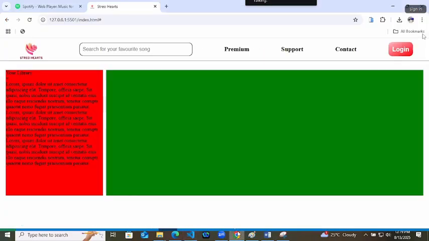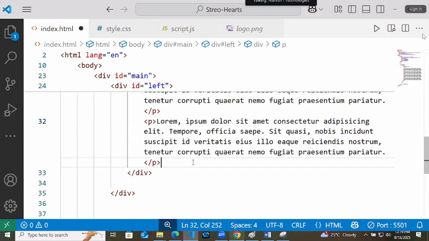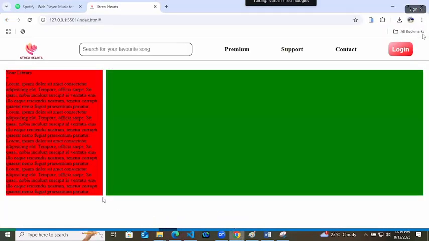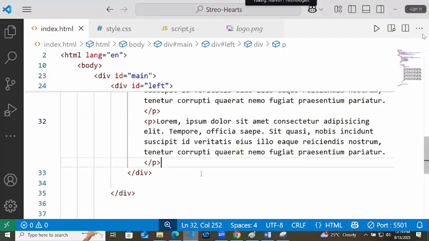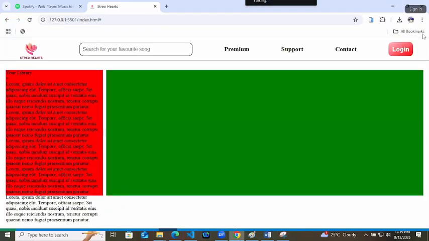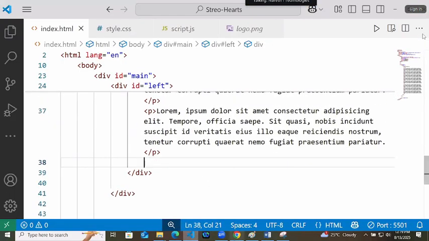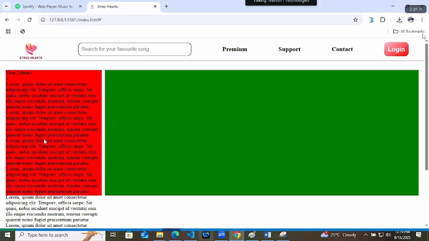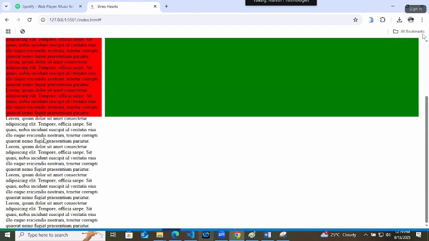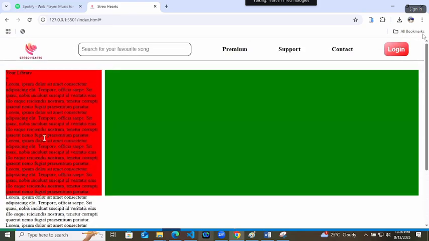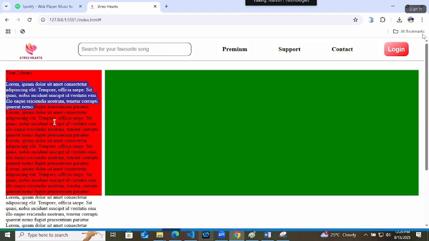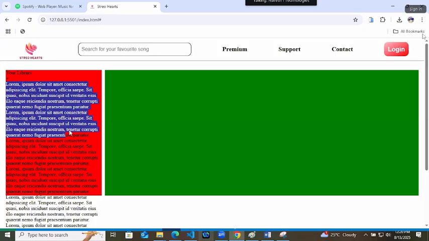So this paragraph is going outside of this div. If we add it one more time, and now if I want to scroll it, the entire website will scroll, right? I want that this content should fit inside its parent.